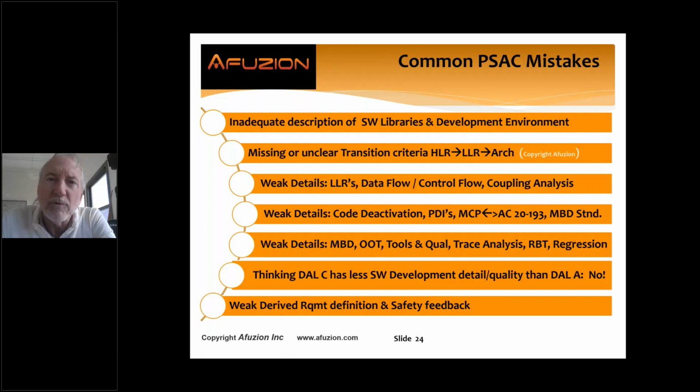We don't have time for cybersecurity, DO-326 or ED-202A, but you know that hackers are increasingly interested in your libraries. They're an attack vector. How are you satisfying DO-326 and ED-202 over in Europe? Okay. If that doesn't ring a bell, not familiar to you, Google AFuzion cybersecurity DO-326 free training webinar.